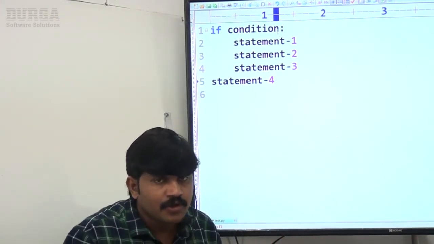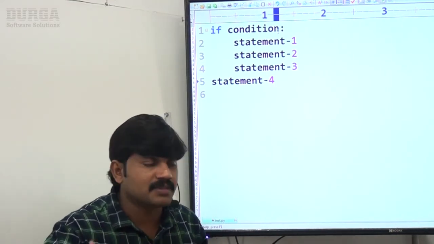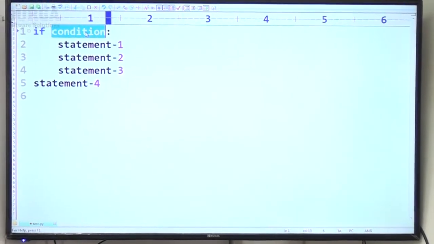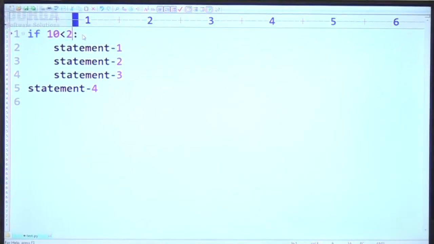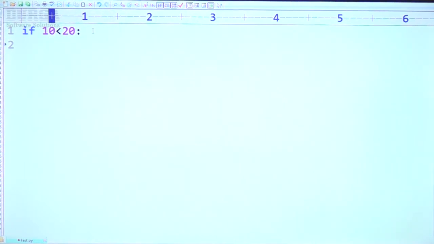Everyone can write this? Okay, suppose you are not following indentation, what will happen? Have a look at a small example. If 10 less than 20, the statement is print of "10 is lesser than 20", and I am maintaining indentation.